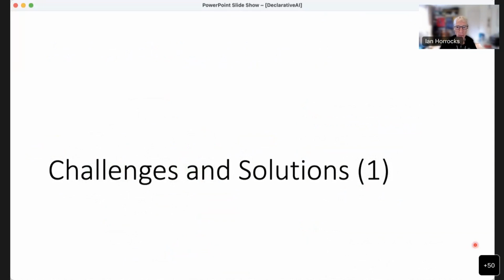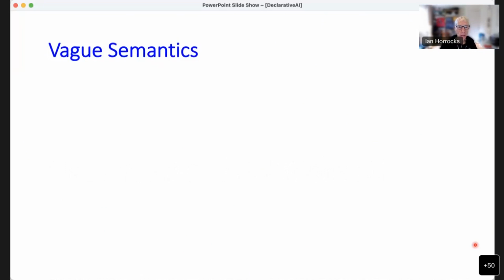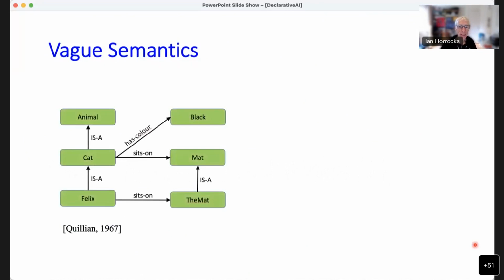Okay, so I know that was very fast, but I guess that was all stuff that most or all of you are familiar with. So I wanted to make sure I saved time for the interesting stuff, which are challenges and hopefully some solutions. So a very well-known problem with this kind of graphical representation of knowledge is the problem of vague semantics. So I mentioned that the graph is sort of intuitive, and this is very seductive, but it's actually also a bit illusory, as has been pointed out since the early days of AI, when graphs were used